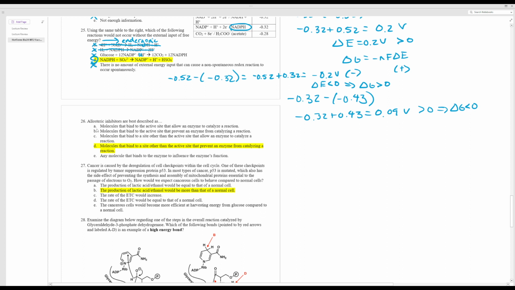Okay, 26. Allosteric inhibitors are best described as, well, remember, allosteric means it binds